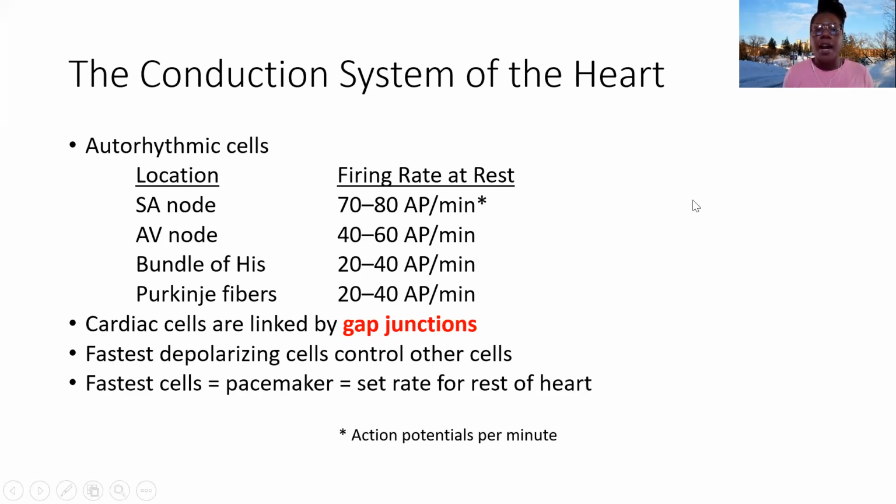So the autorhythmic cells, we said, this is the different group of autorhythmic cells. And then on the right, we can see the firing rate for these cells at rest. So for the SA node, we've got a firing rate of 70 to 80 action potentials per minute. And we've got a little asterisk here because this is really influenced by the autonomic nervous system. In fact, scientists have proved that if you take an SA nodal cell from that cluster of SA nodal cells, if you take one cell and you remove it from the influence of our physiology, remove it from our body, put it into a petri dish or so, it will actually have a firing rate closer to 100 beats per